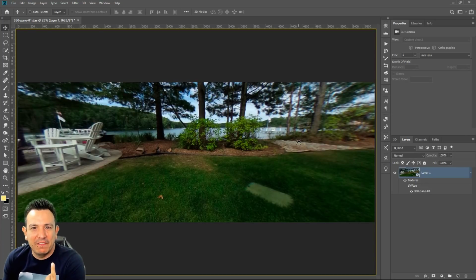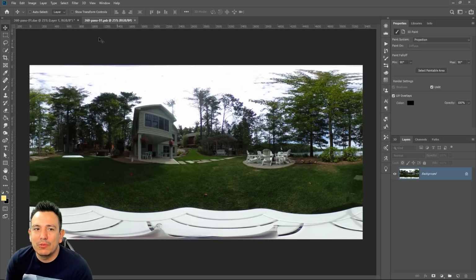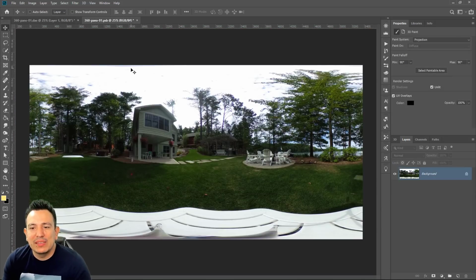If you want to make that visible, and you should, you don't even need to right-click, you can just double-click on 360 panel 101 right here. That was the name of the file. If you just double-click on that, it brings it up in a new tab, okay? So this is the proper way of working. You're working with that open tab and the actual 360